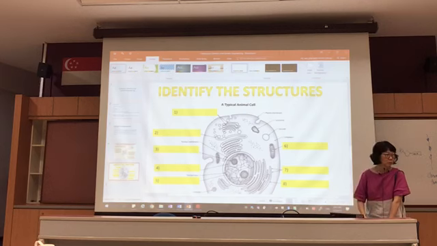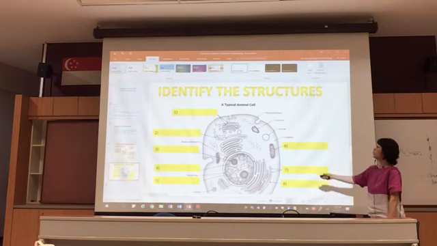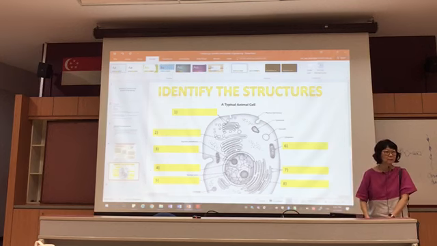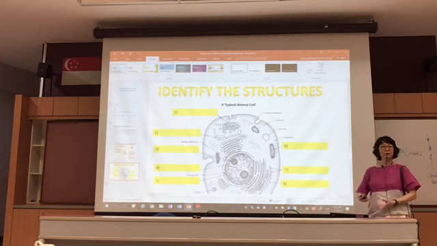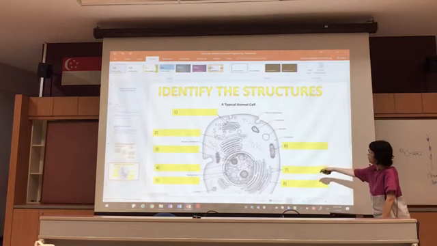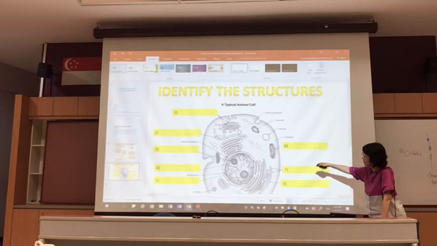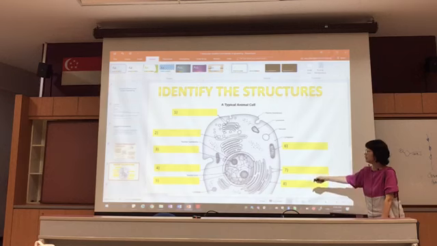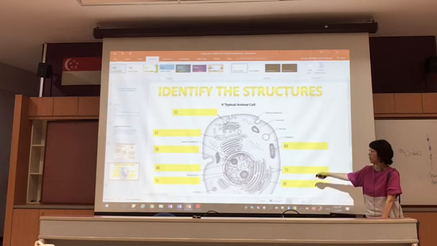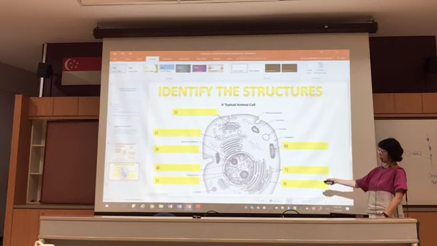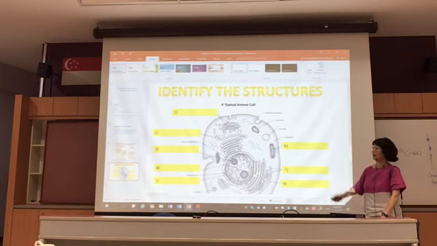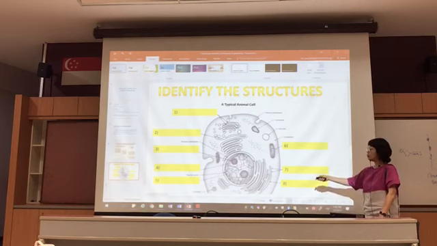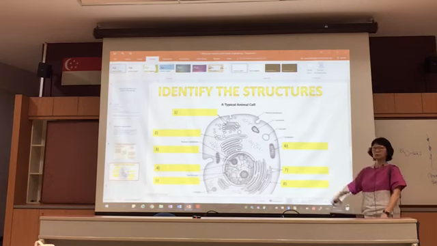What is the function of the ribosome? Synthesize protein. How do the ribosomes know what proteins to make? It depends on the instruction given by the nucleus. So this is where protein is made, at the ribosomes. The instruction is carried inside the nucleus in the genes on the DNA. So if the instruction is inside the DNA, which is inside the nucleus, and the factories that make the proteins are outside, then the instruction must be relayed outside. There must be a way to convey the instruction out to the ribosomes, to tell the ribosomes